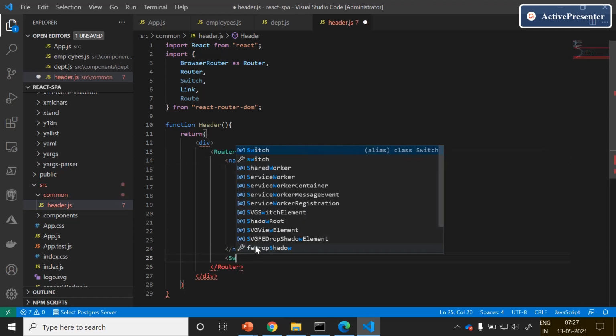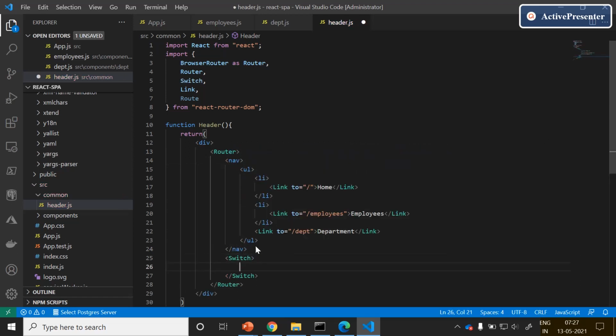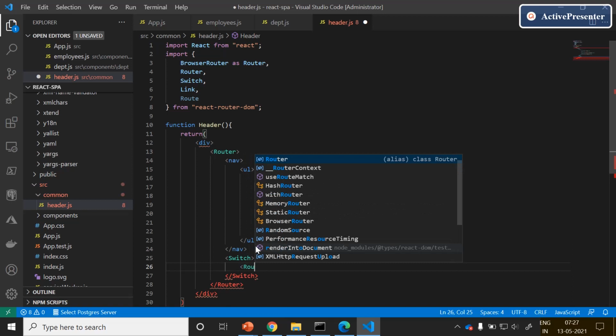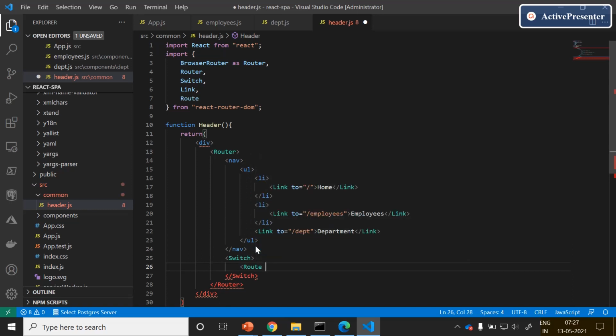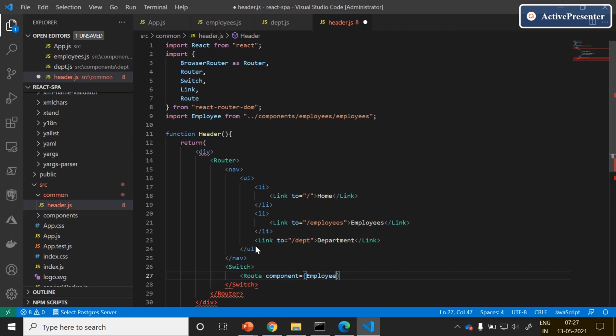Along with that, we need to have the switch to navigate between the routes. One route contains the employee component, path /employees.